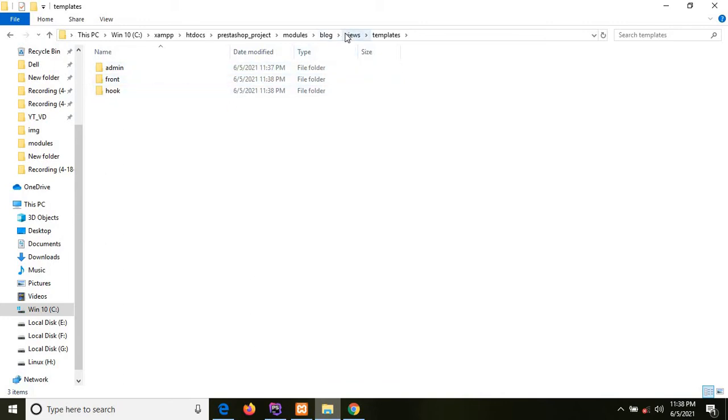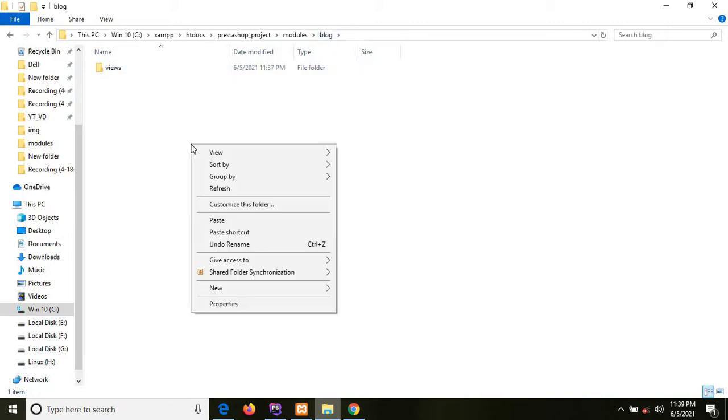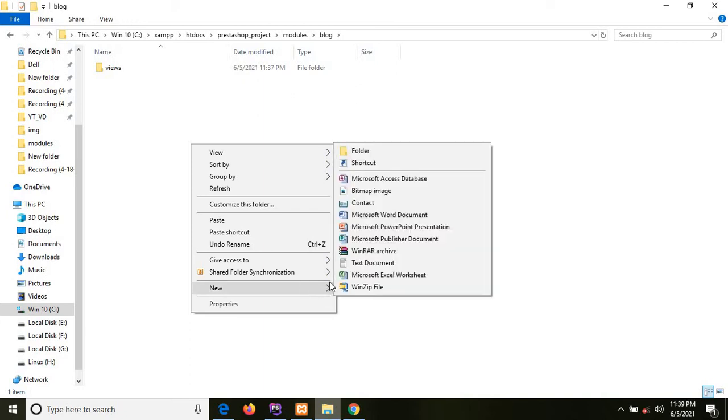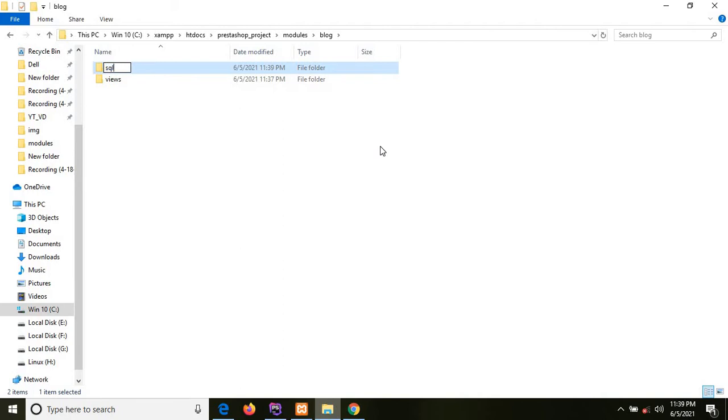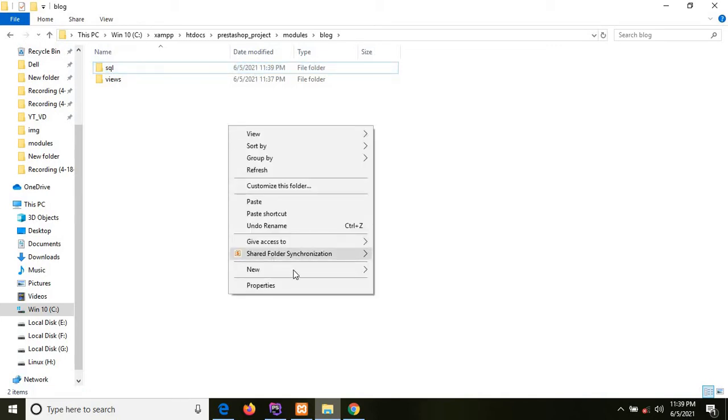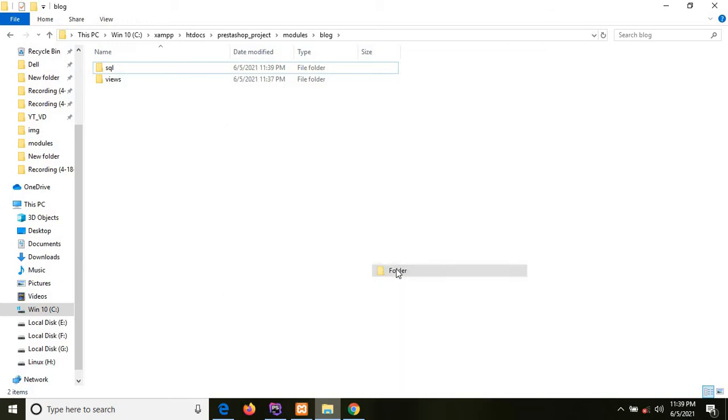Okay, after that we need to create another directory for SQL queries. So we are creating one SQL directory for putting all the SQL related files. And after that we need to create another directory for controllers as well, because if you want to create new controllers, then we'll store all the controller files in that folder.